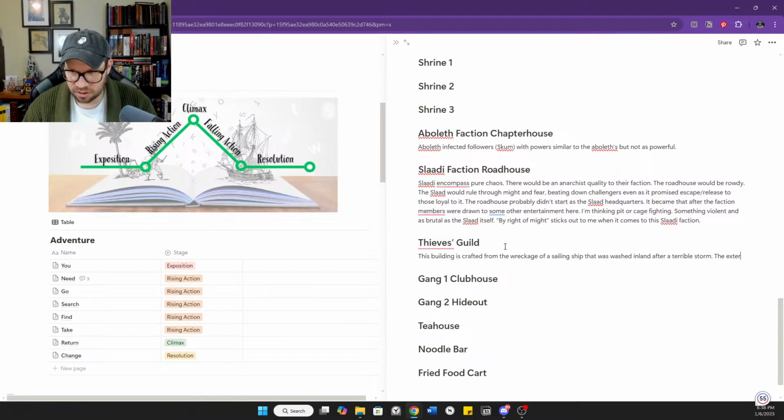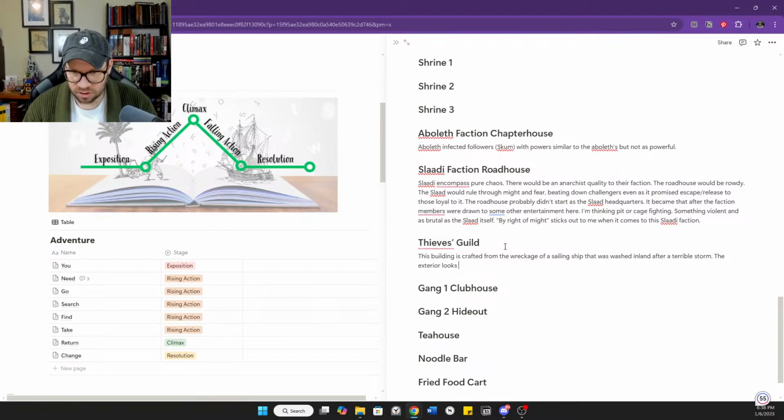The exterior looks like a somewhat repaired derelict that is constantly and discreetly guarded.